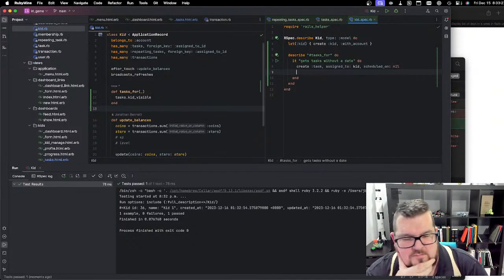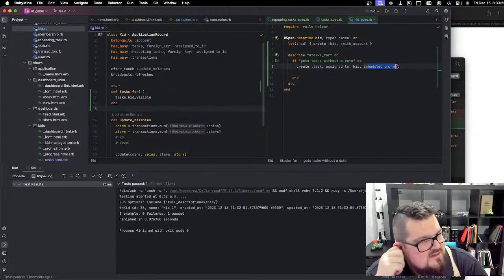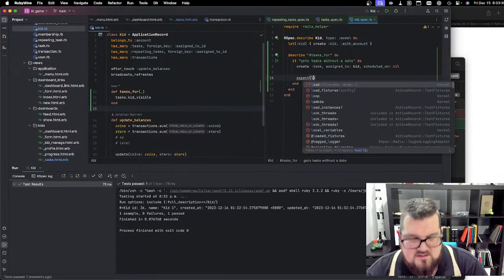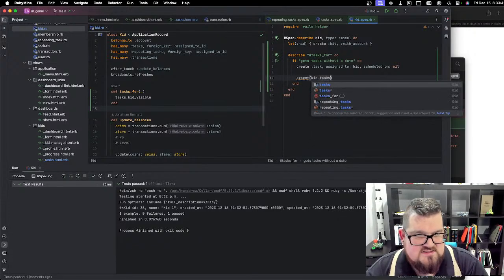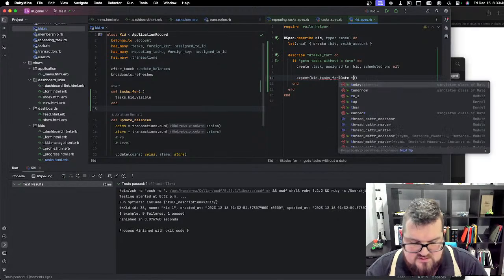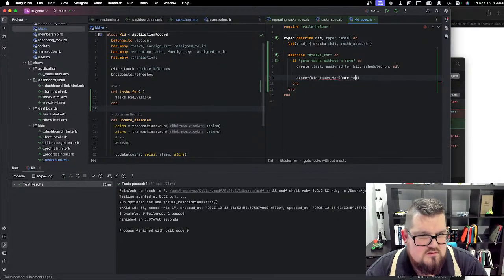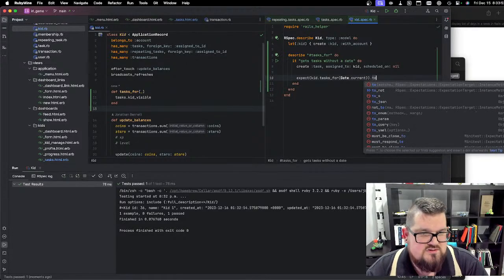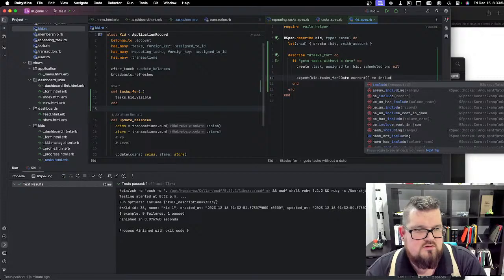That's the thing with the test. You want to put in these explicit things. I don't care about anything else except that this is nil. So I can go in here and I can go expect kid.tasks for date.today, date.current, to include